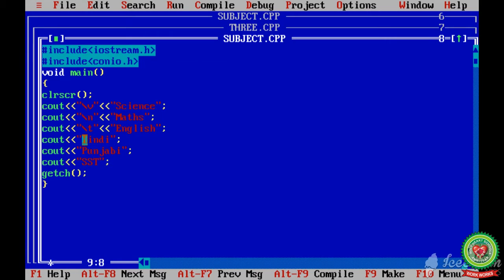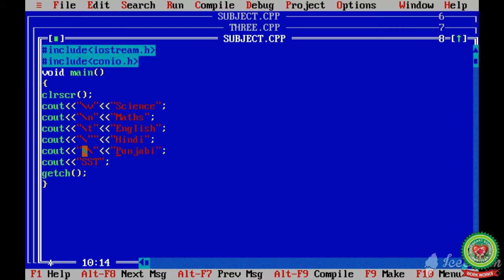I'll put \" and I will use this escape sequence. Here I want to add one double quote over here because this \" is my escape sequence. Now with the Punjabi I am going to use double slash.